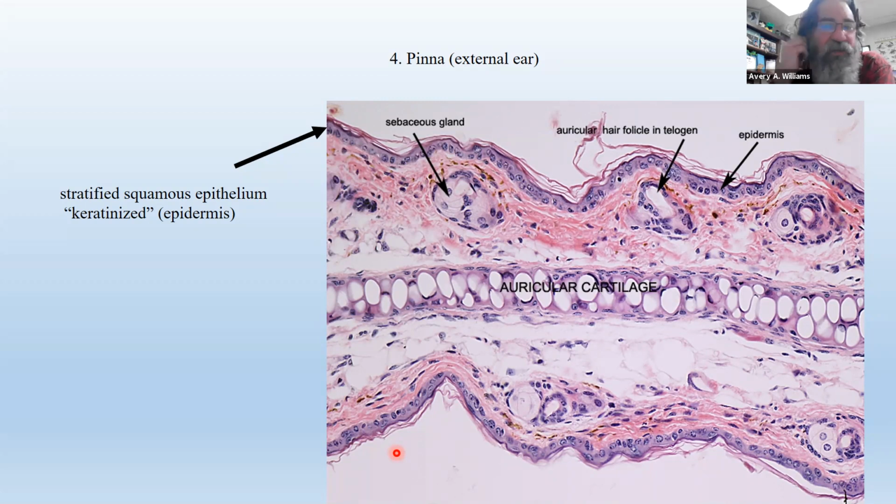Now you look at your ear, and that's like a mammal thing. You get this structure attached to the outside of your skull. There's no bone in it, but you can tell that it has some kind of structural, skeletal integrity to hold it upright and give it shape. And of course, that's cartilage. So there's a horizontal section through the ear, and you're looking down on it, and this is the center of it. Here they label it auricular cartilage. Now, the word auricular isn't the name of a type of tissue per se. It just means of the auricle, and your auricle is your external ear. So it's just ear cartilage. Okay. Here it is in the center. And then